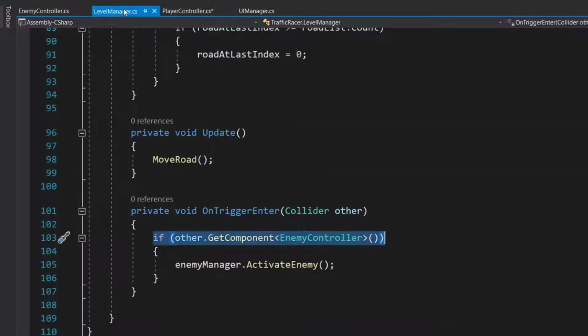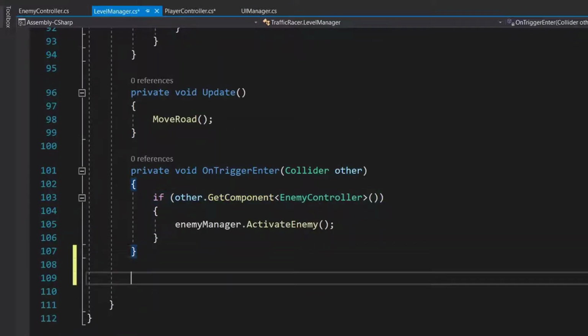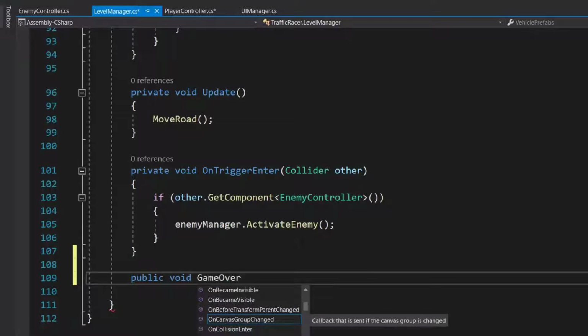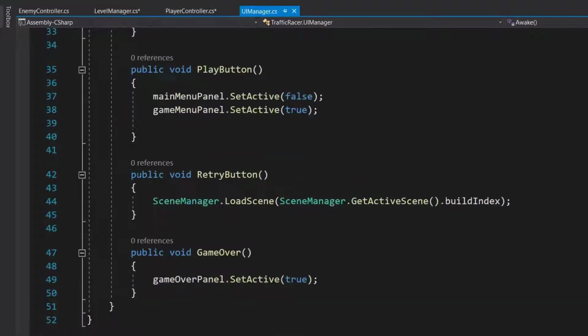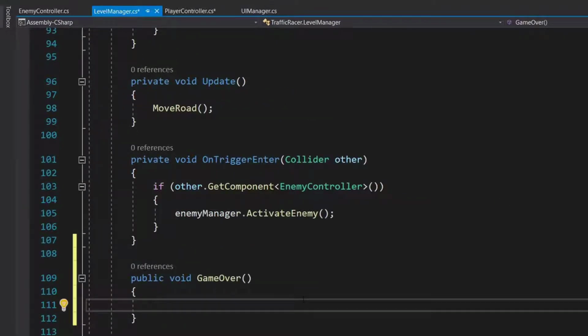And in level manager we will create one more method called public void GameOver, and in this we are going to call our UI manager method. Our UI manager has a method called GameOver, so we'll call this here: UIManager.instance.GameOver.